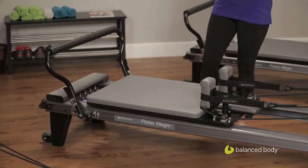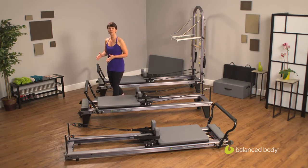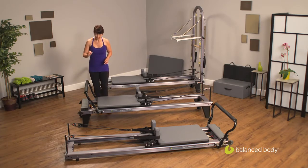The Reformer is a unique piece of exercise equipment originally designed by Joseph Pilates to condition, strengthen, and tone every part of the body. It's a fabulous all-in-one exercise machine. So I'm going to introduce you to all the ways that we can adjust the new Allegro by starting here